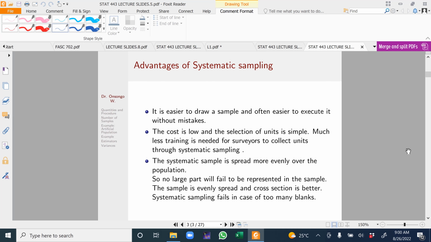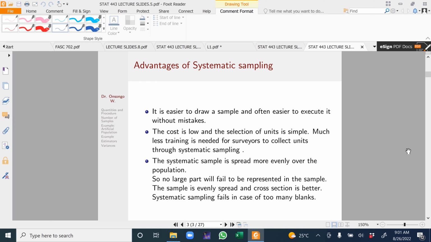So it allows you to capture the extreme characteristics that could be present in that particular population. Because with this method you are able to capture the most extreme characteristics, this method becomes better compared to simple